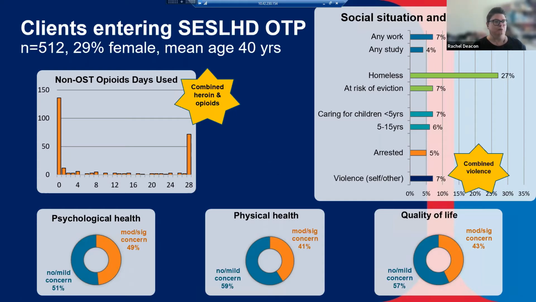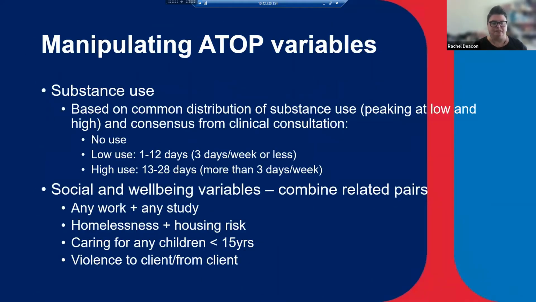So what other ways would you manipulate or start to work with ATOP variables in order to make greater sense of them? So for the substance use variables, you would have noticed on the last slide, the substance use was peaking at no or low, no use, and then at the 28-day use. And we see this quite commonly in different ATOP data sets. So based on that common